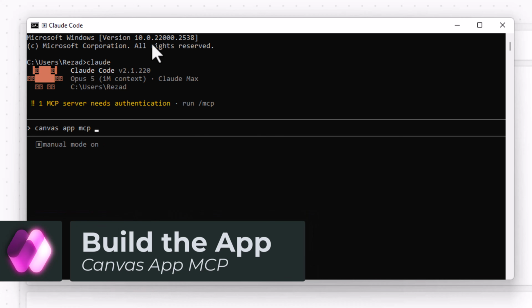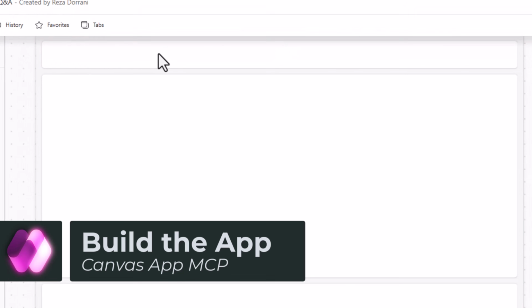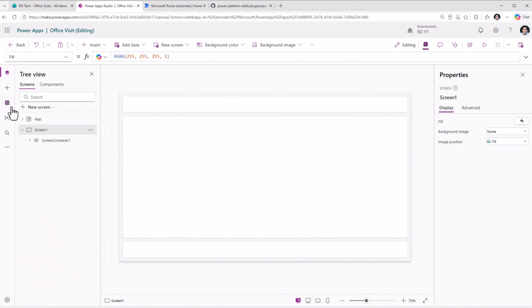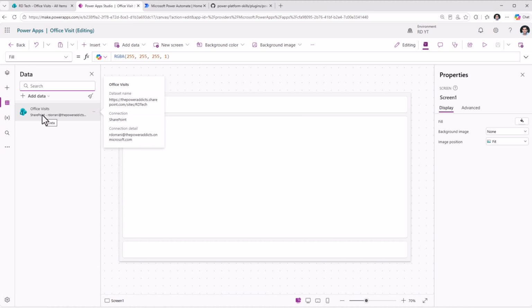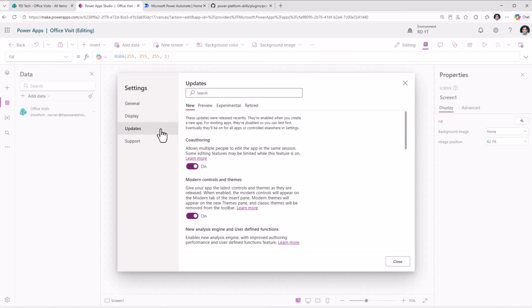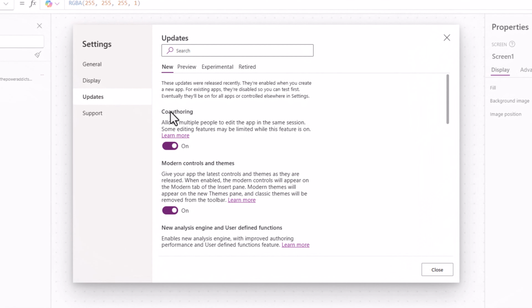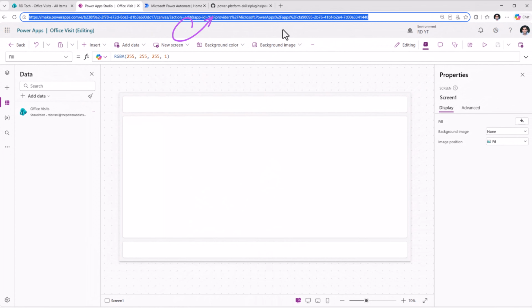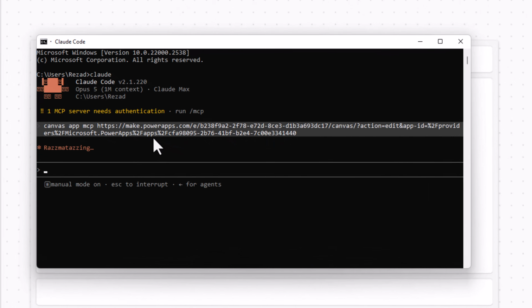I'll say Canvas App MCP. The prerequisite is I need the app. It's a blank app that I've created. I've already connected it to my SharePoint list. Plus, under app settings, I have co-authoring turned on. With this, I can simply copy the URL of my Canvas app editor experience, and I'll provide this as context